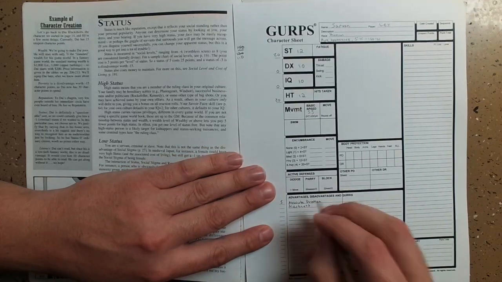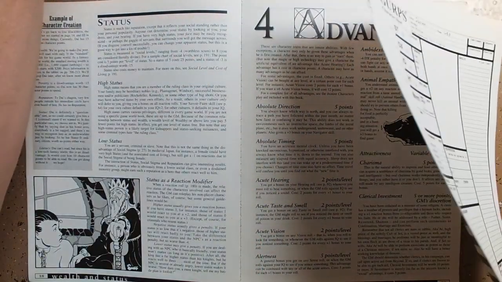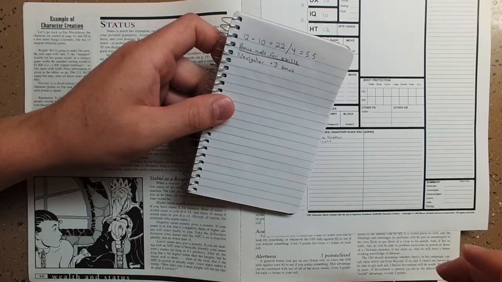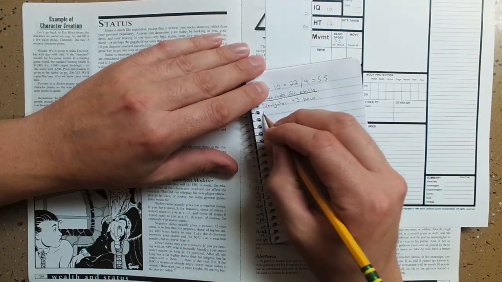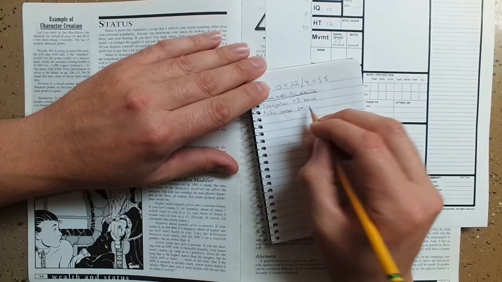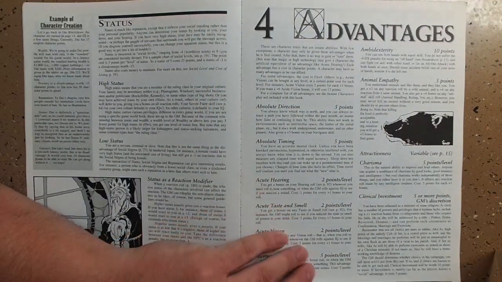Alertness looks like it's also 5 points. Yep, 5 points per level. So we'll just do +1, and that's going to be a bonus to any and all acute senses skills. +1 bonus. All right. Let's see. Next we have